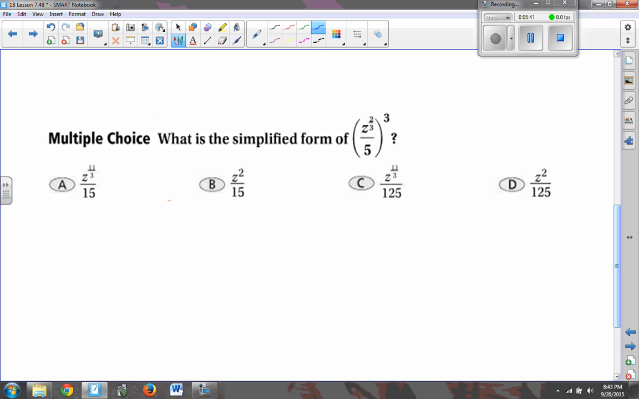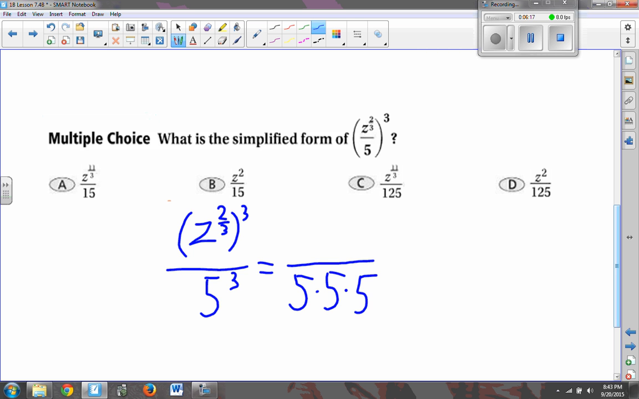Now, based on what we just looked at, and what we just wrote in our notes up above, we know that raising a fraction to a power is like raising each piece to the power itself. So I'm going to do z to the 2/3, and I'm going to raise that up to the third power. And then on the bottom, I have 5, which I'm going to raise up to the third power. Now, the easier part, obviously, is the denominator, the bottom of this fraction. 5 times 5